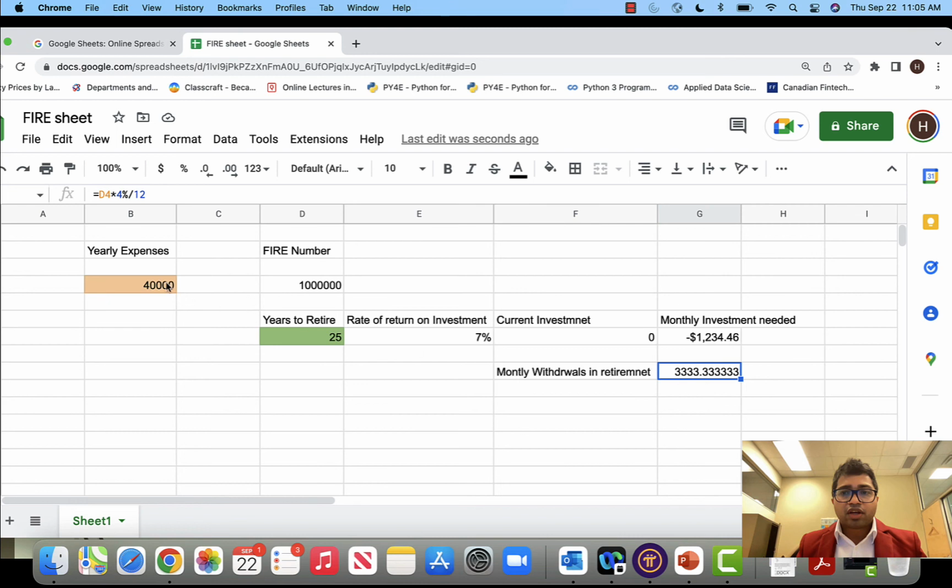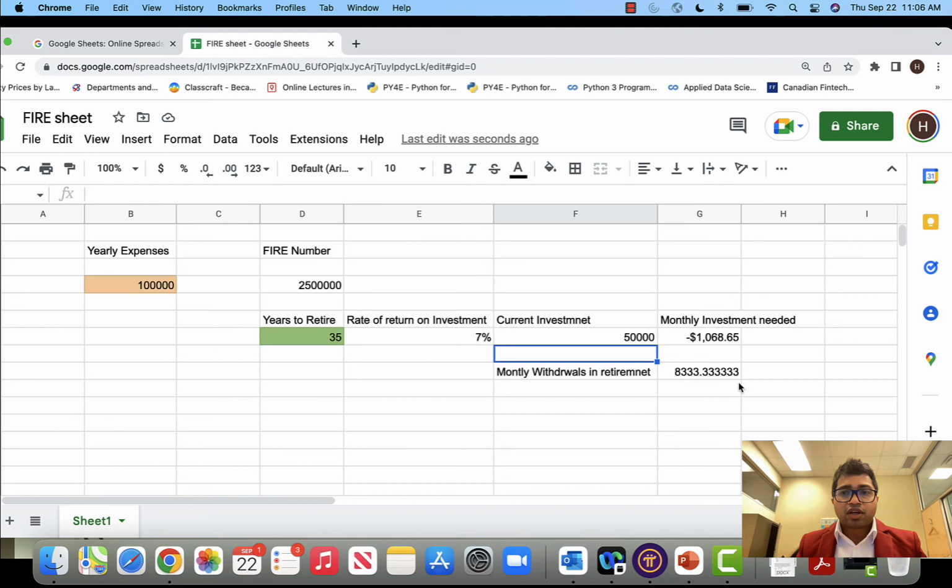So you can put in your own numbers. Let's say I put in $100,000, so my FIRE number will be 2.5 million. I have 35 years to retire, let's say, and I have $50,000 in my current investments. So I would need $1,000 of monthly investments to retire. Once I retire, I can withdraw $8,300 of monthly pension from my investments.